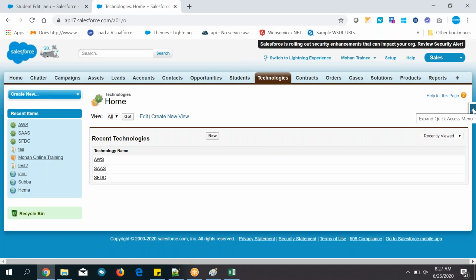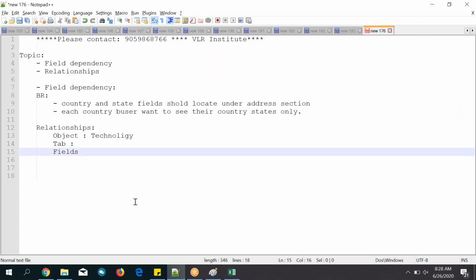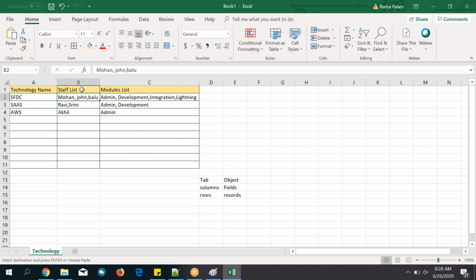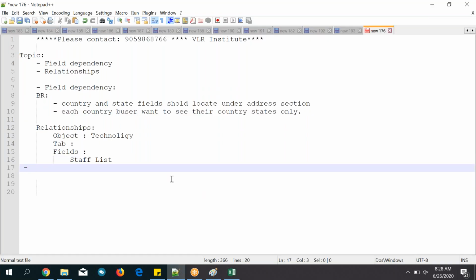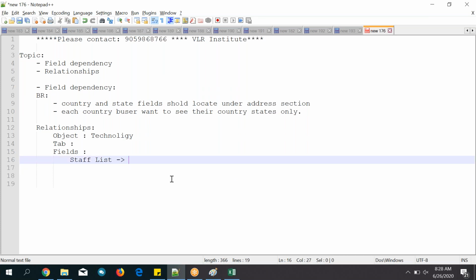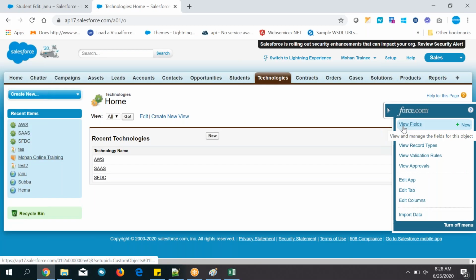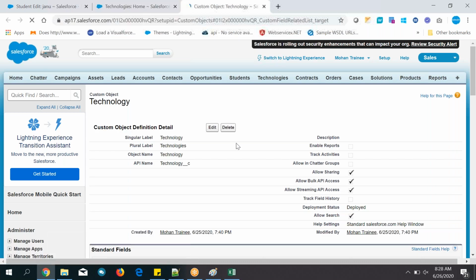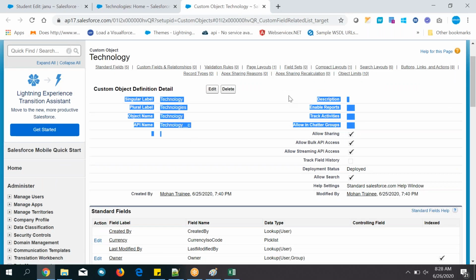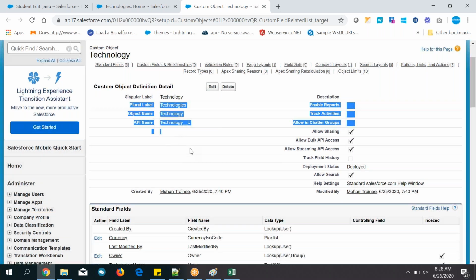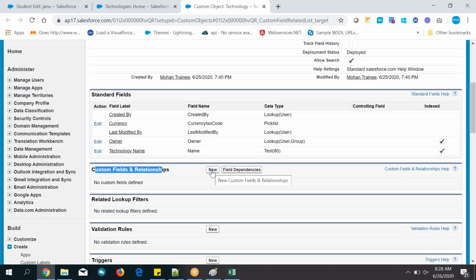So let's go here. What is the object? Technology object, and you need to create a pick list field. What is the field? Staff list. It is a pick list, but a multiple pick list. So let's create it. There are different ways we can create it. You are on the technology object detail page, and here under custom fields you can create a new field. So click on the new button,